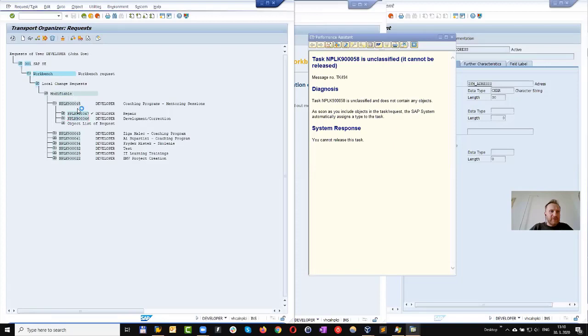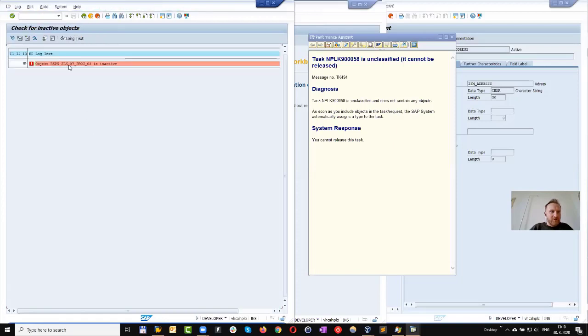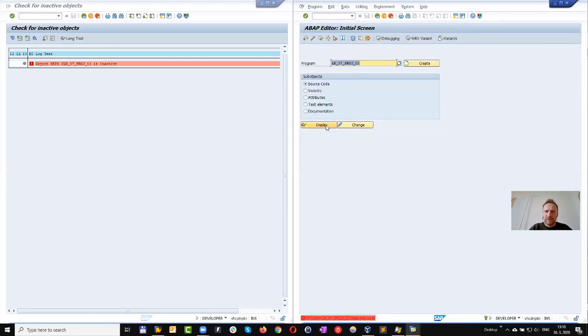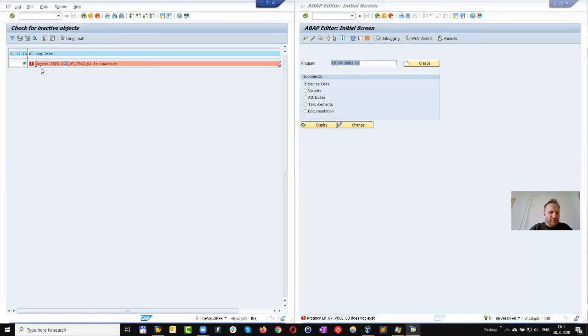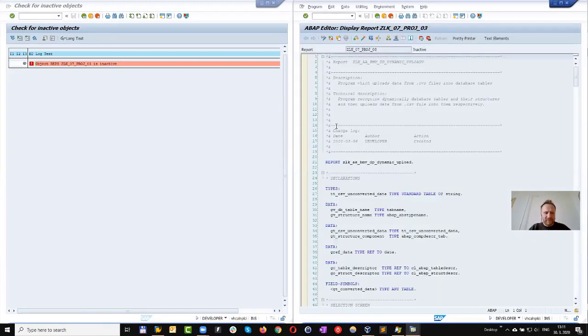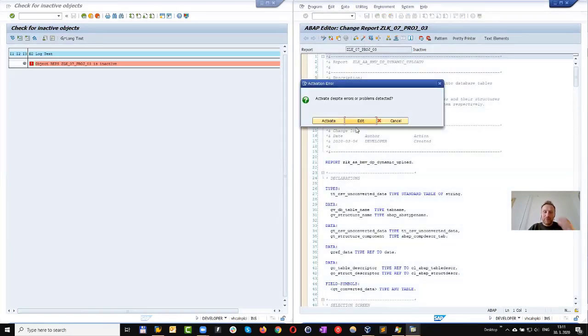You need to firstly release the tasks. Object is inactive. Okay, and you will start seeing error messages like this. So we need to activate this report. Let me go to SE38. Display inactive. Okay, so it seems that this program does not exist. Oh, I'm sorry, Z is at the beginning, so I missed this one, and this is inactive. That's true. So let me activate this program, and this program does have some